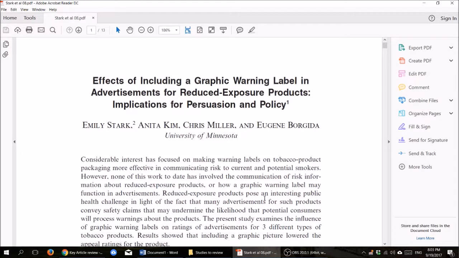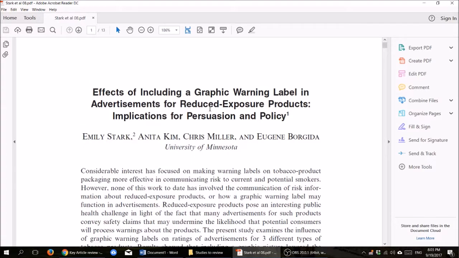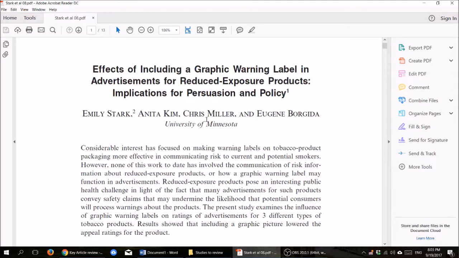Let's together take a look at this study by Stark et al. in 2008 about graphic warning labels in the ad for reduced exposure products. Okay, it's about the persuasion study. Now,